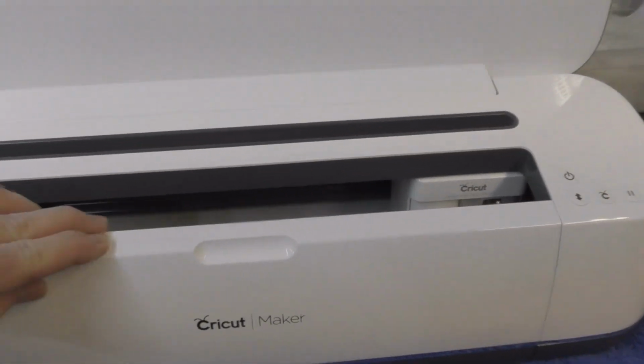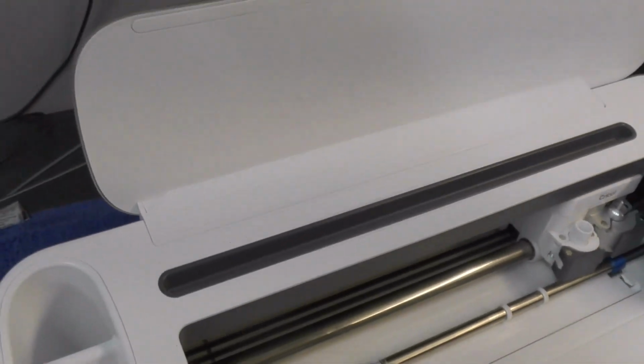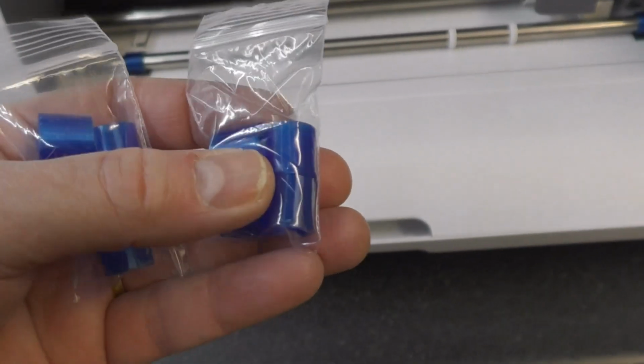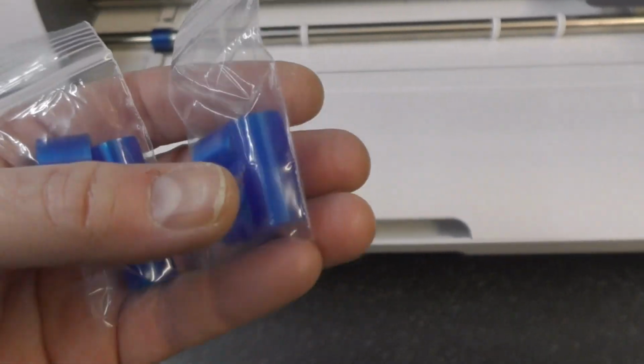Anyway, look, hope that was useful. It's well worth printing off these bits as required. I've printed some off for spares. Might even be worth listing them on eBay, or at least put them on my